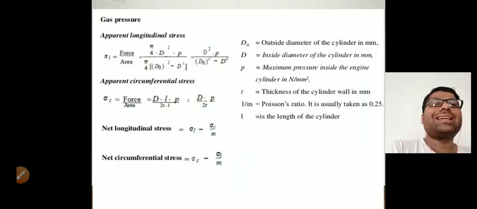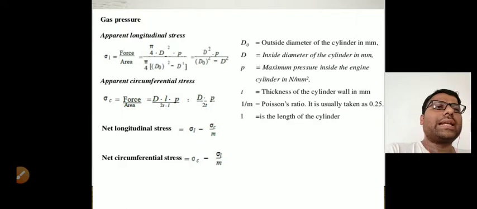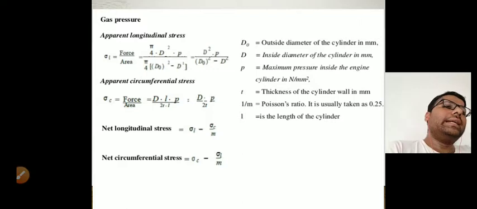Next part, the gas pressure. The gas pressure produces the longitudinal stress and circumferential stress. So the equation of longitudinal stress, sigma L, is equal to force upon area, where force is pi by 4 d square into P, right, divided by area, pi by 4 into (Do square minus d square). Do is the outer diameter of the cylinder and d is the inside diameter of the cylinder. So for the hollow cylinder,